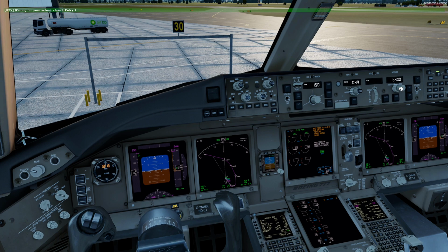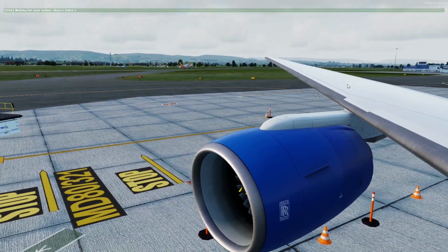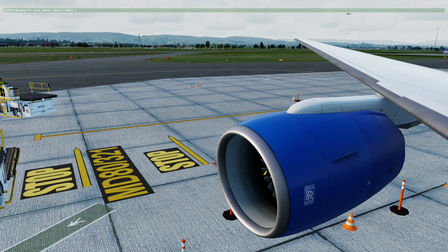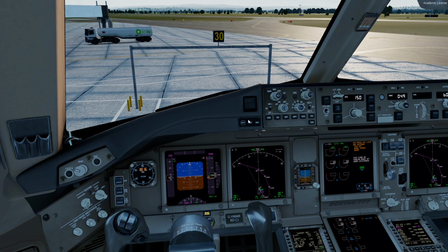And there's an EasyJet taking off to our right. I have no idea where he's going. He's going to Stansted. Perfect. Right, so